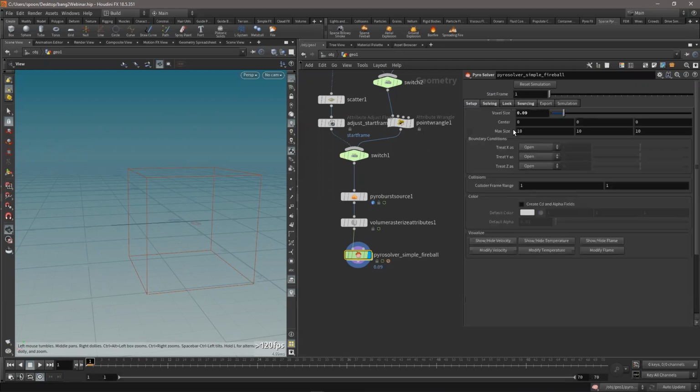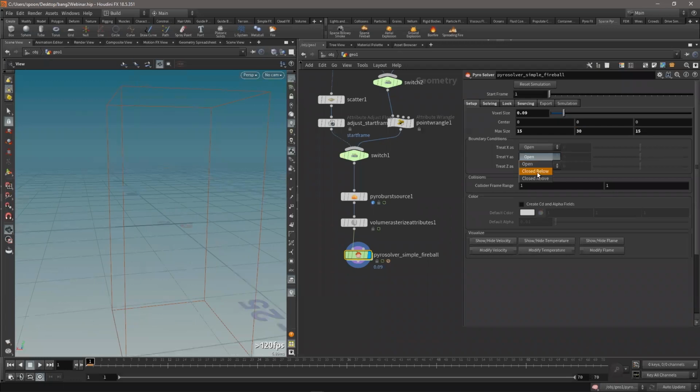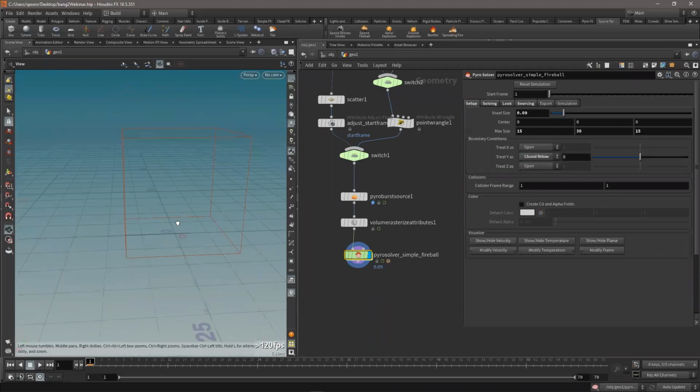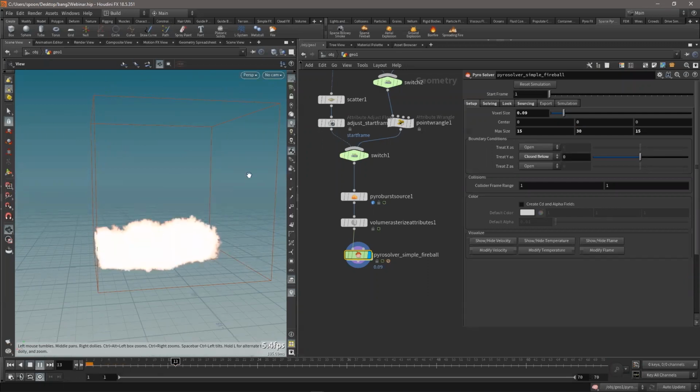So the first thing you need to do really is adjust the maximum size here. Let me put something like 15, 30, 15, because this is going to be quite big, I think. And I'm going to say closed below the y-axis, so it fits the box sort of on the y-axis like this. And I'm assuming that's going to be the biggest that my sim's going to be. If you get memory errors,